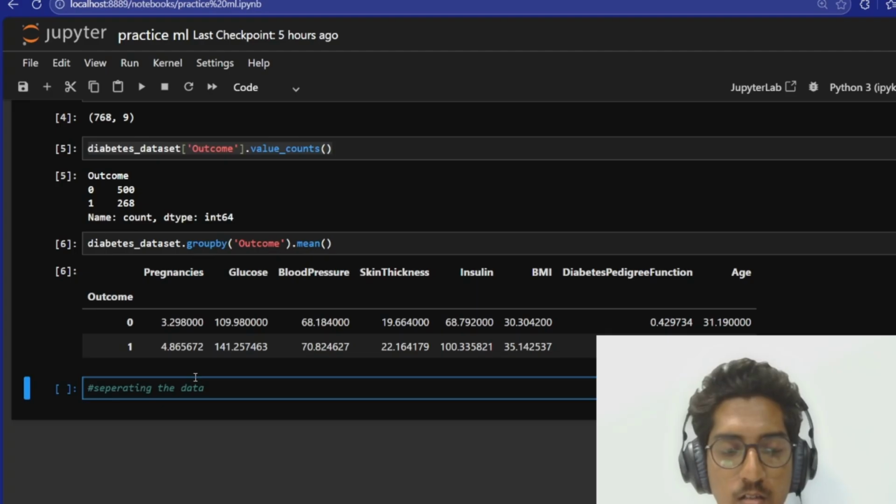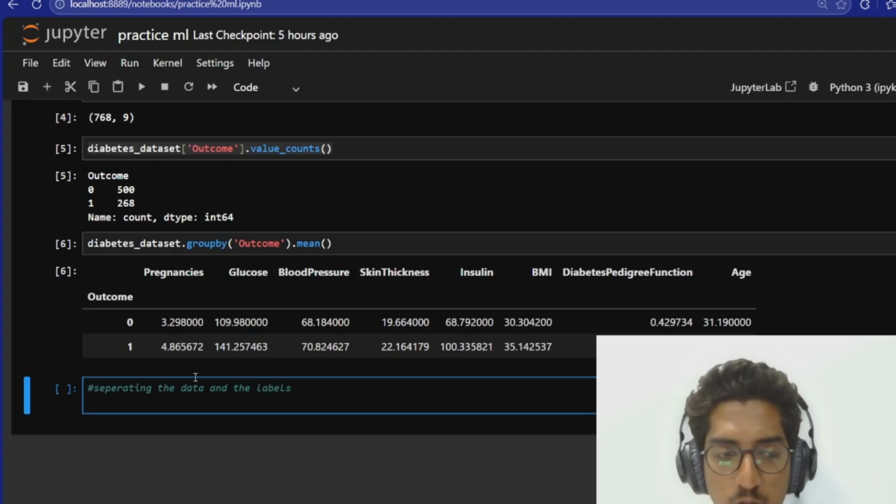I practice the same as well, because it makes it easier to understand what I have implemented. So separating the data and the labels, I'll be giving the X initialization, diabetes